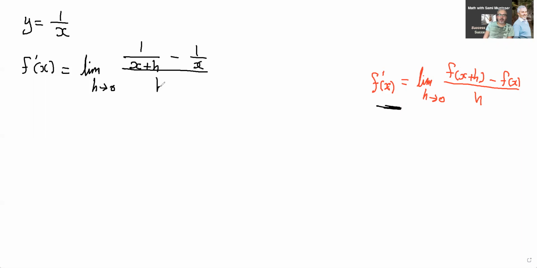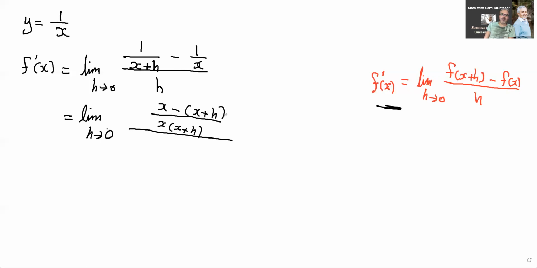over h. So now what I have here, I have a fraction minus a fraction. So whenever that's the case, what you need to do is common denominator. So the limit as h goes to 0. So the common denominator is x and x plus h, which means you have to multiply the x to the 1 there, and you multiply the x plus h to the 1 there, so minus x plus h. So just be careful and make sure you put this in brackets because this is a sign changer right here, all over h,